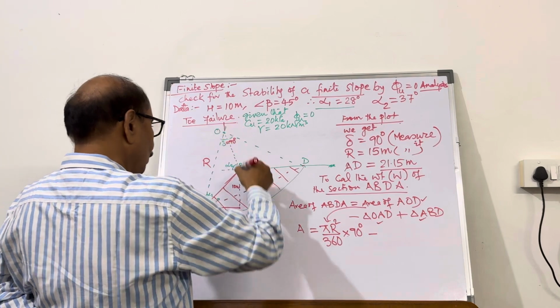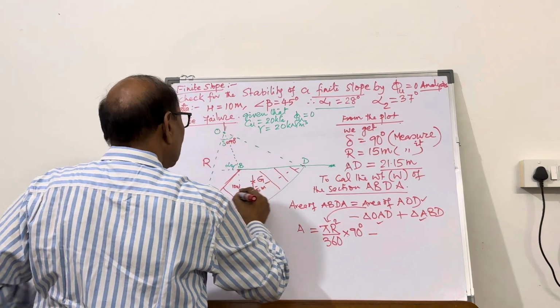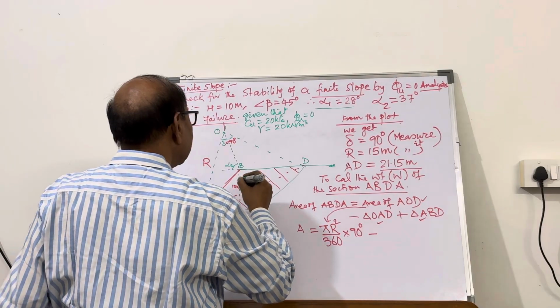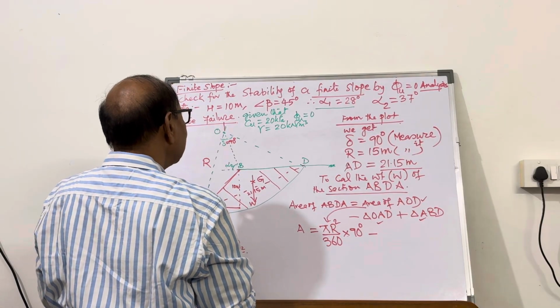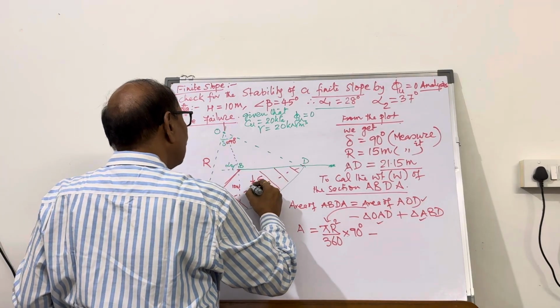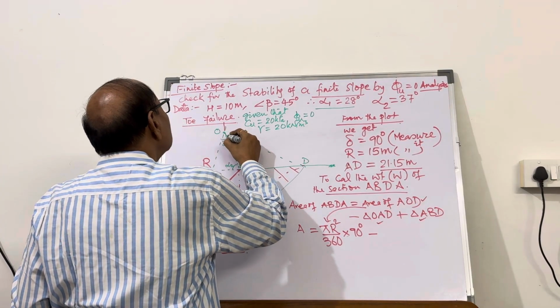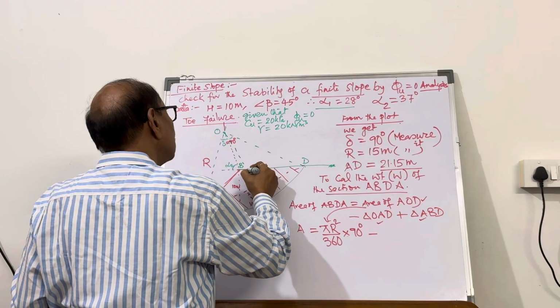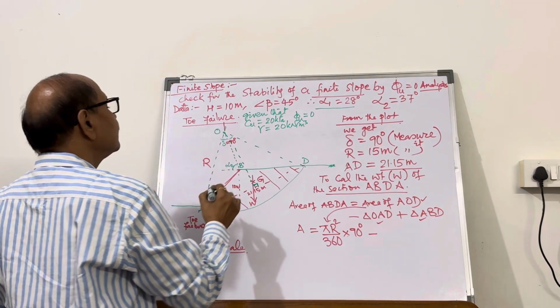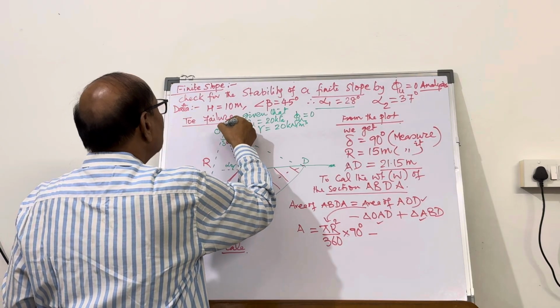Now from O on AD, you drop a vertical and measure it. So O to D, what you can do is going to be 90 degrees. So O,